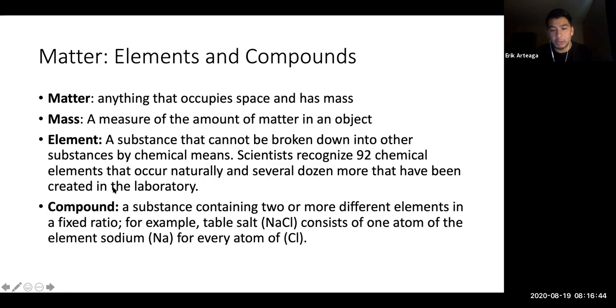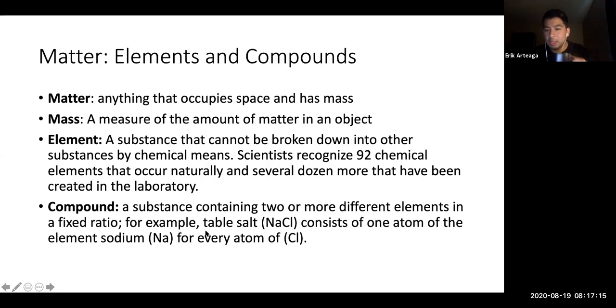But the other elements, the 92 that occur naturally, we can typically isolate without having to collide atoms together to create. These are like fluoride, chlorine, sodium, mercury, gold, lead, silver. These are all very common elements, and all elements that we can find naturally in their state, or we can isolate them by